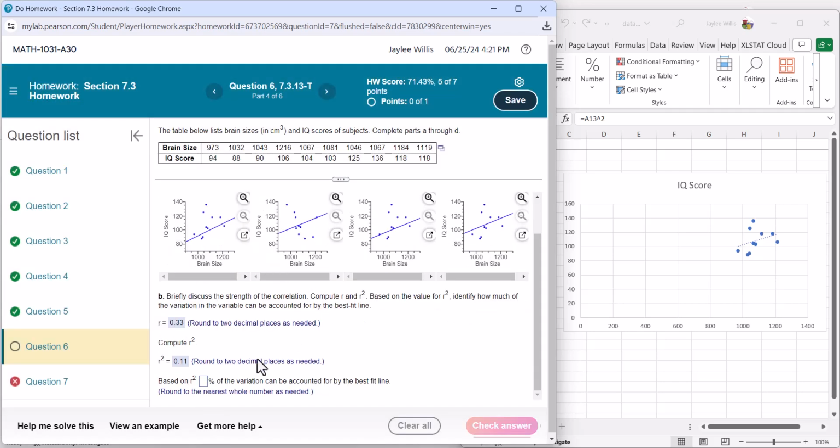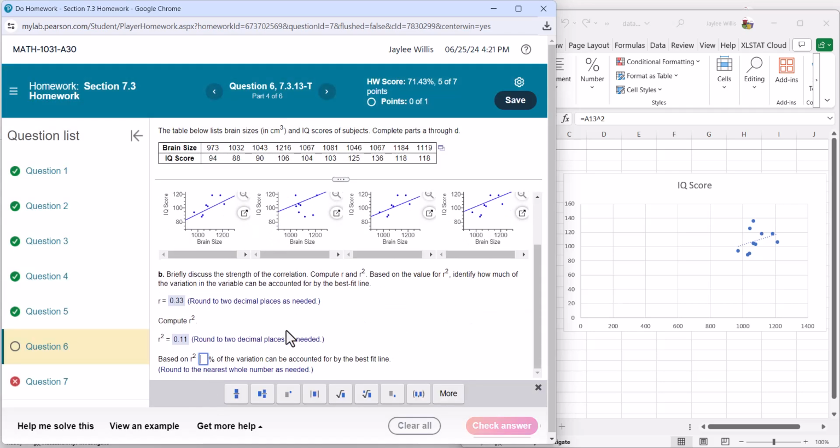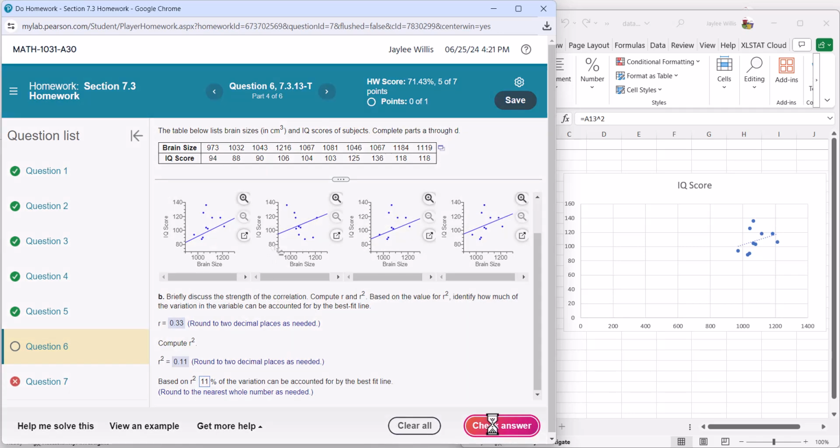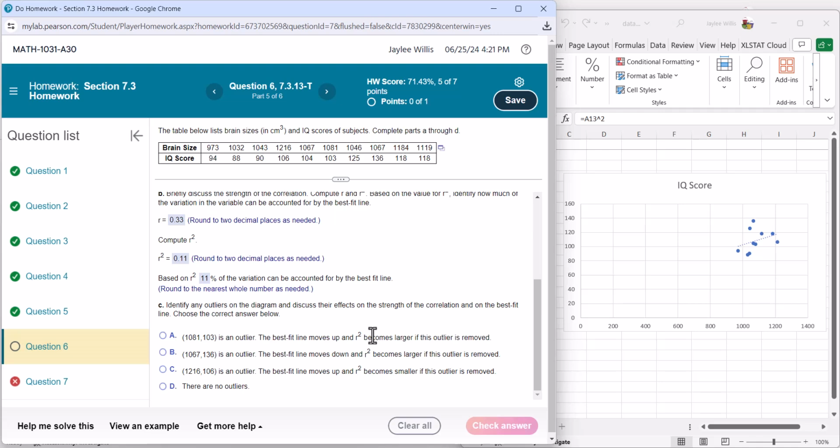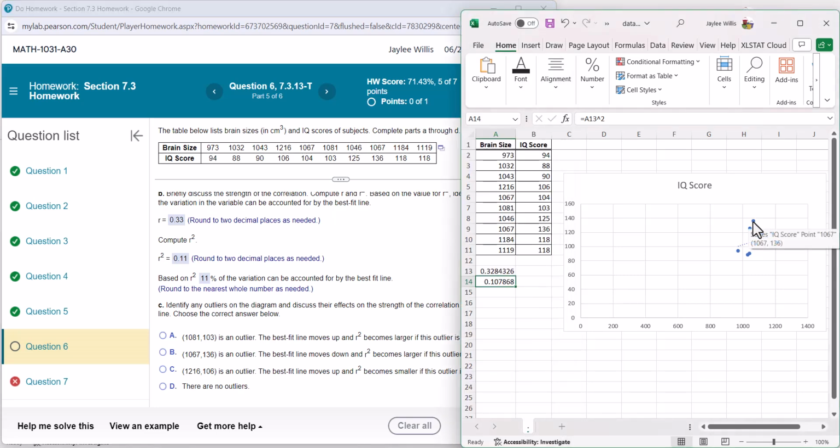And based on our R squared value, that tells us that 11% of the variation can be accounted for by the best fit line. So that's that piece. And then we want to look and see if there's any outliers. And when we look at this scatter plot, we can see that most of the data points are really close together. This one is maybe a little bit far away. So that one is